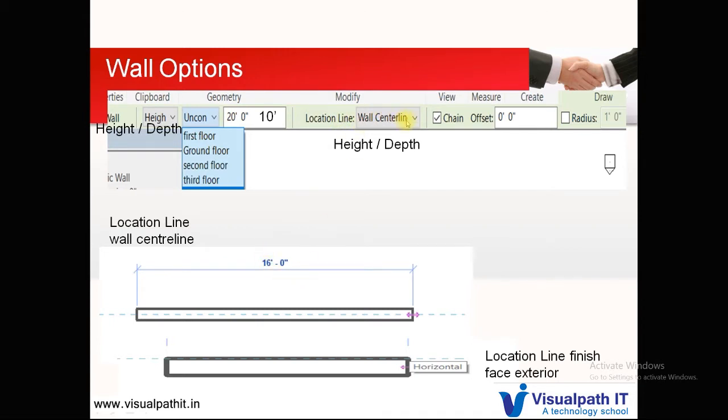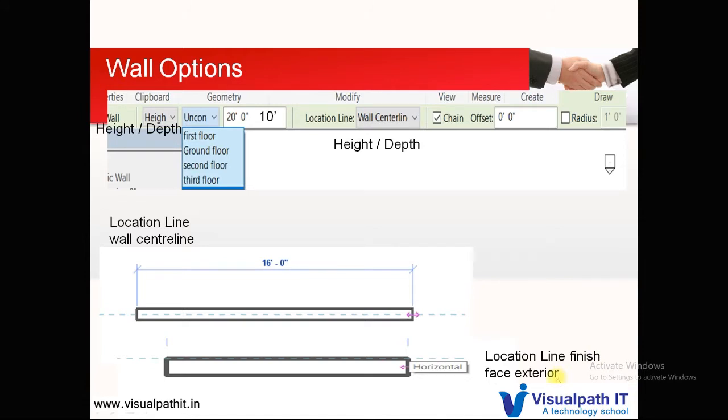Here the location line is the wall center line. You have a lot of options which you will see. Center line: in this wall, the reference line is in the center. So when the reference line is in the center, the 9-inch wall that you're going to define will be drawn from the center of the wall. Similarly, there is a location line called finish face exterior, which you need to set according to your project.